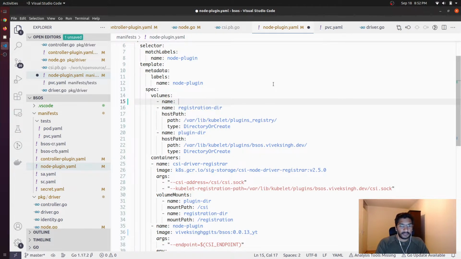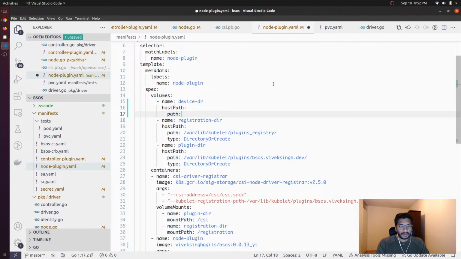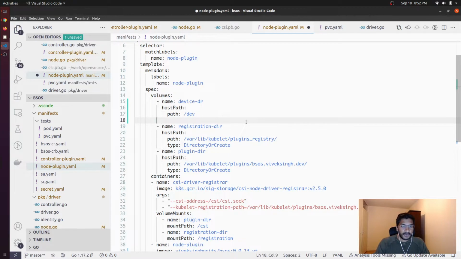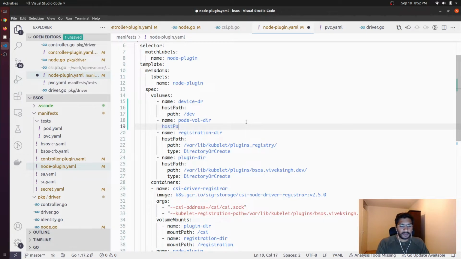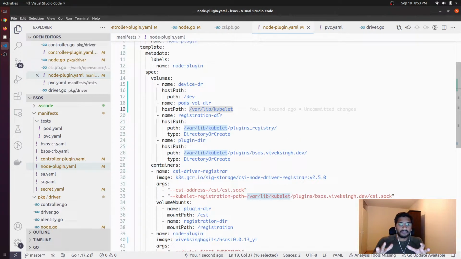One is going to be named device directory, and the host path is going to be /dev, and the other is going to be pods volumes directory, and the host path is going to be /var/lib/kubelet, because we know that this is where the fs of